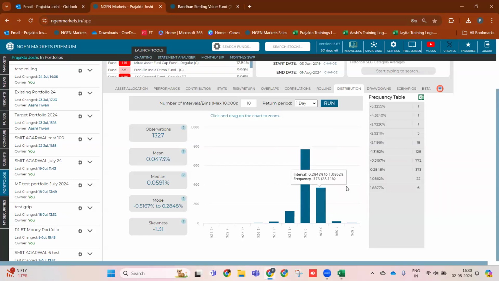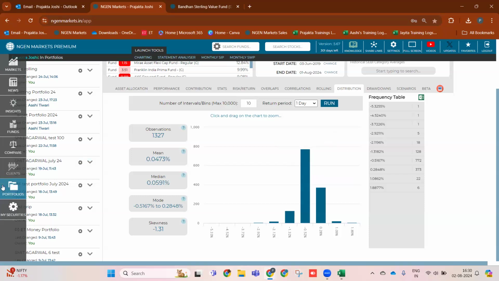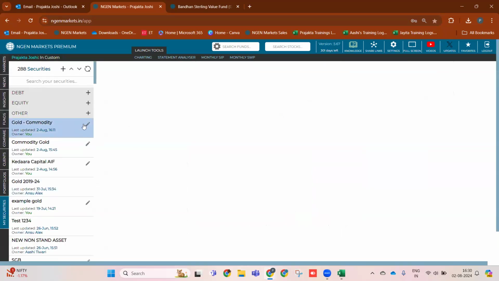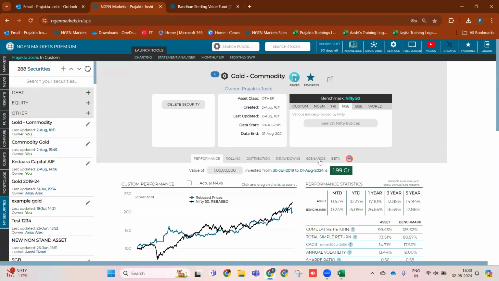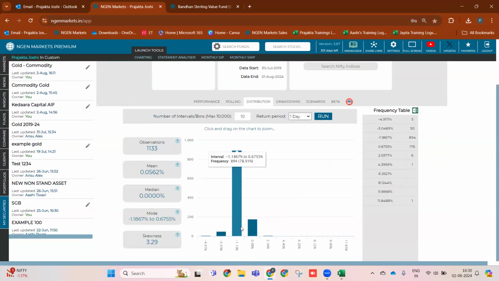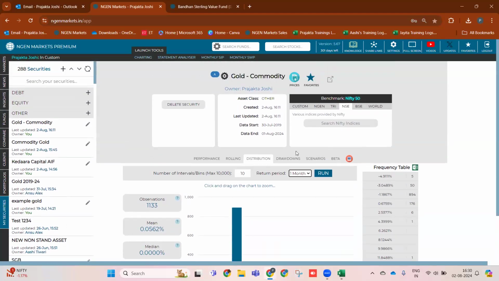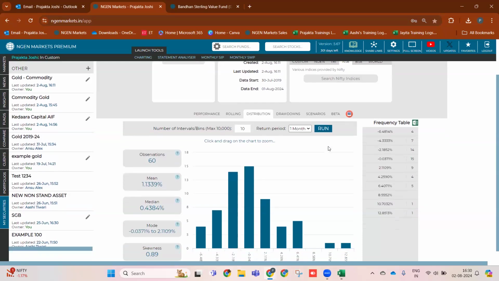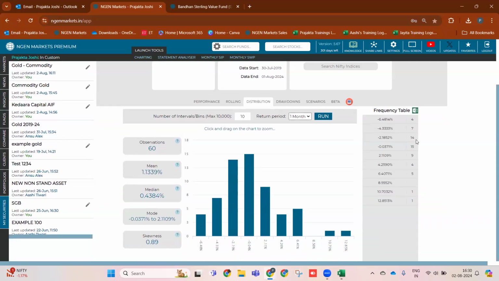Now there's one more thing that it tries to communicate, which is the frequency table. This frequency table tells you how many days it typically gave in the positive bucket, and how many days it gave in the negative bucket. You can definitely download this table and it will give you the count right here. So for example, let's do this on a monthly basis for, of course, gold, because this is the security that we're analyzing, and we say run. So you see, there have been 15 plus 14 plus 7 plus 4, so many months out of 60,